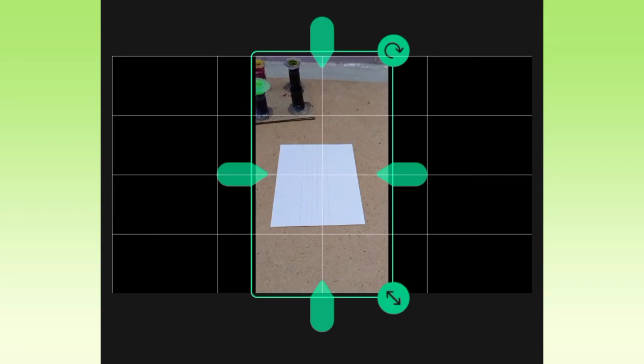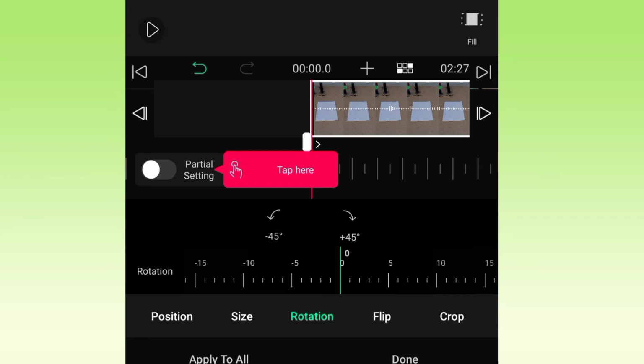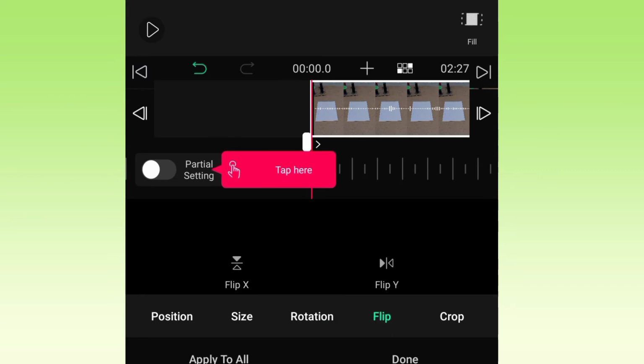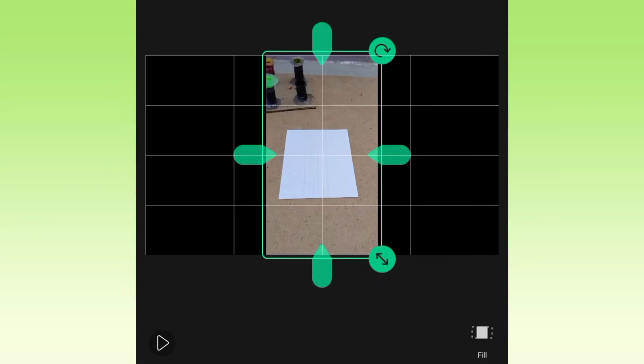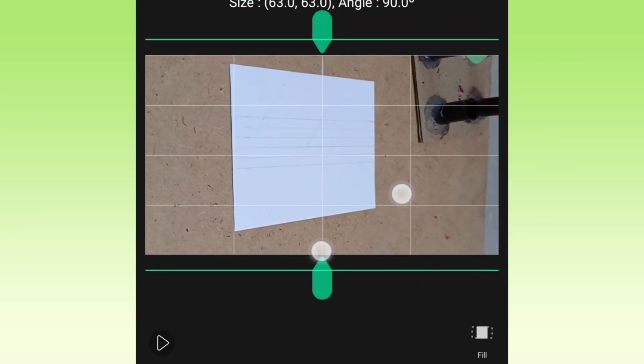As you can see, the video has been surrounded by an arrow header on the four sides. You can simply drag this arrow to increase or decrease the size of your video, or you can even use these resize layout, resize size, rotation, flip options to rotate or change the size of your video, or even you can use your hands to do so. Just zoom in or zoom out with your fingers to make the video the desired size like this. Okay, see, the video is rotated also. You can move the fingers in the way you want the video to be.